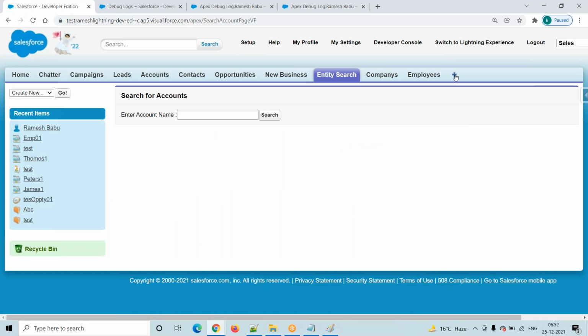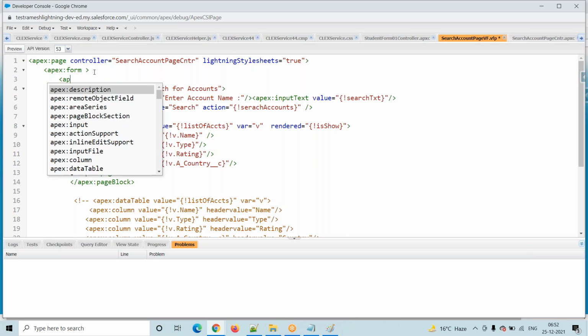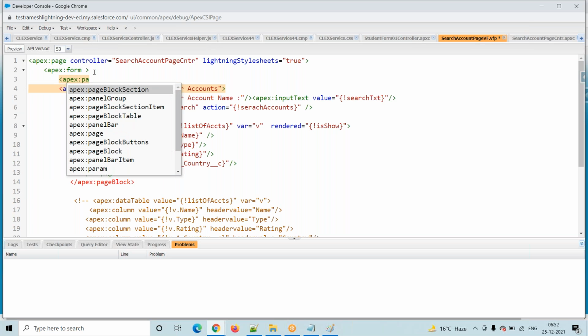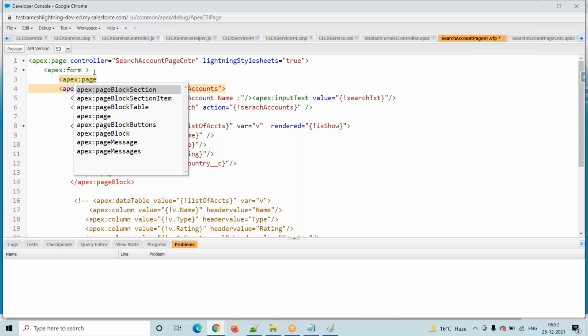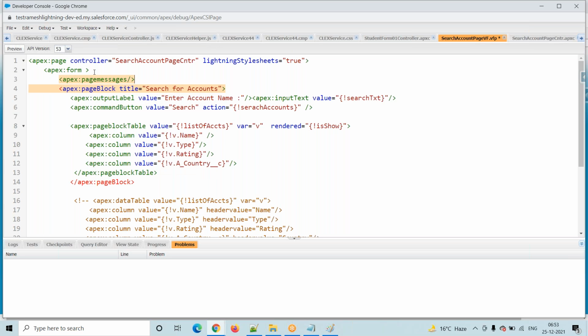At the Visualforce page level, we have to add one tag. That tag is nothing but apex:pageMessages. We have to add the Apex page messages tag. What is this tag?